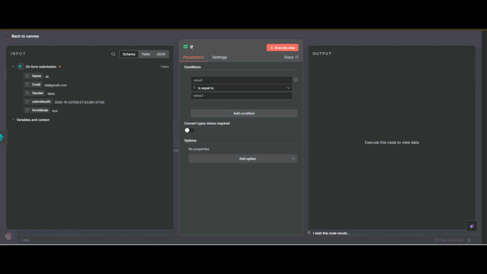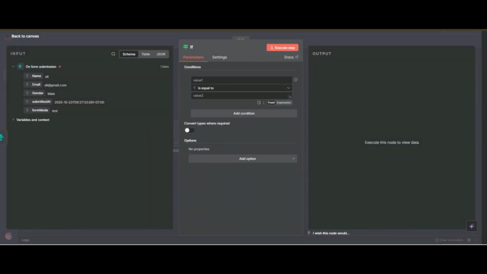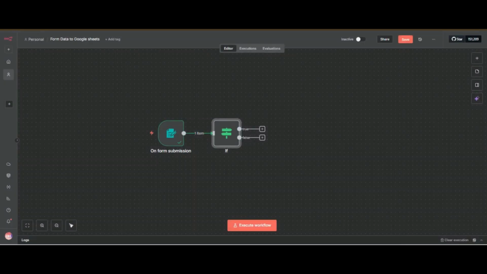You can see there are two branches. When we add the condition, if the incoming data matches the condition that we set, it will go to the true branch. If not, it will go to the false branch.